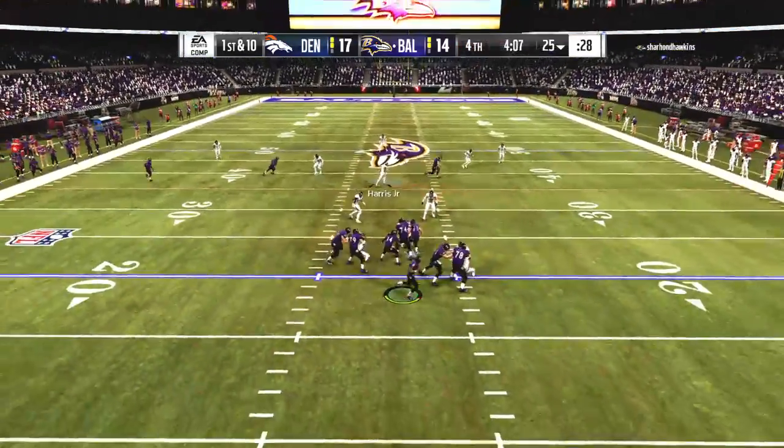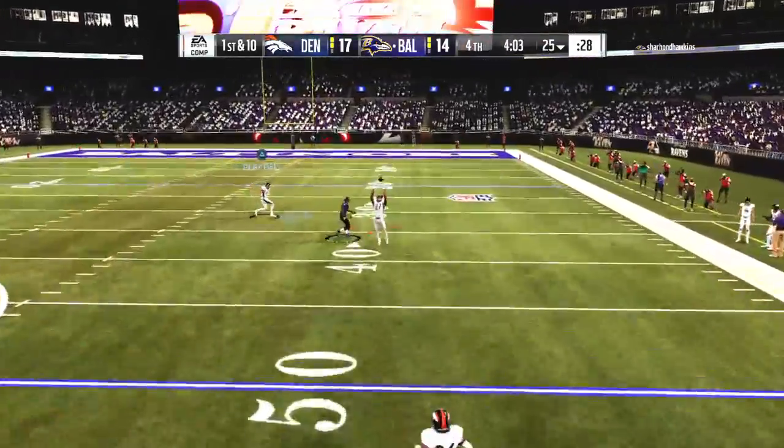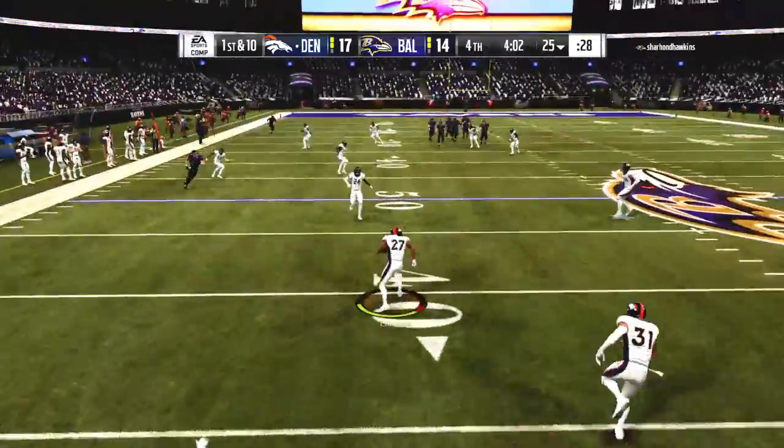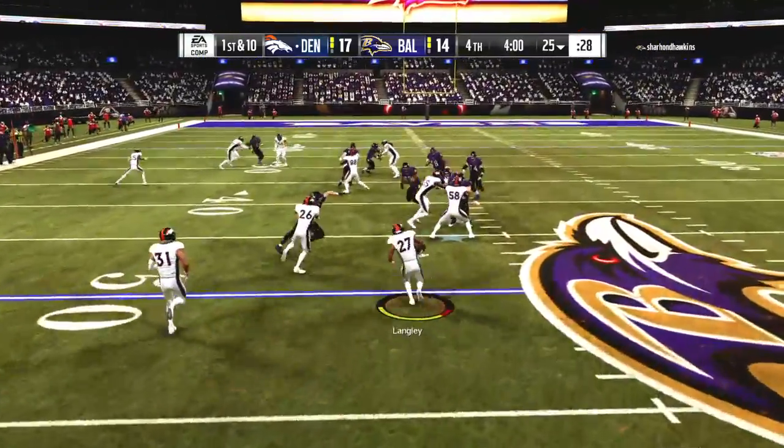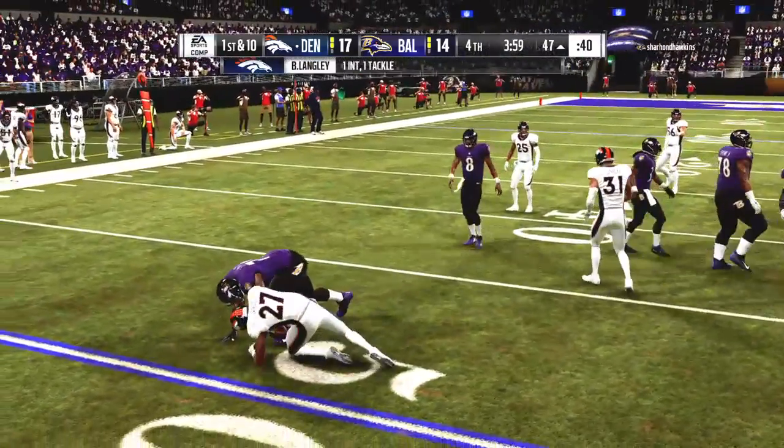Trying to shake off the interception from the last drive. He'll look to throw. On the run, he'll let this go deep. And for a third time tonight, he's intercepted. Brendan Langley picks it. And he'll return this ball across midfield to the...